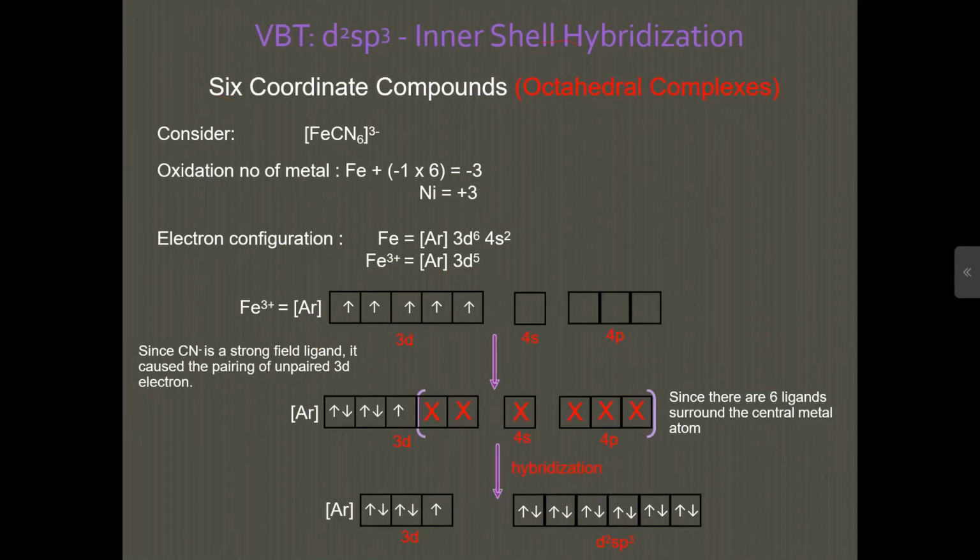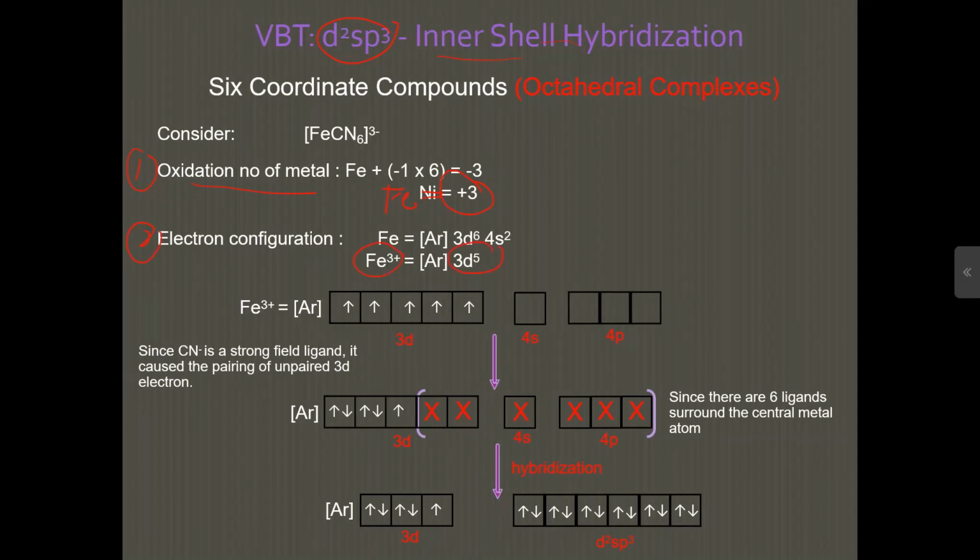If you have 6 coordination number, of course the molecular geometry is octahedral, but what differs here is d2sp3, known as inner shell hybridization. The method is the same. First you need to know the oxidation number of the metal. Sorry, this is actually Fe. So you get 3+. Second, the electron configuration for Fe3+ is